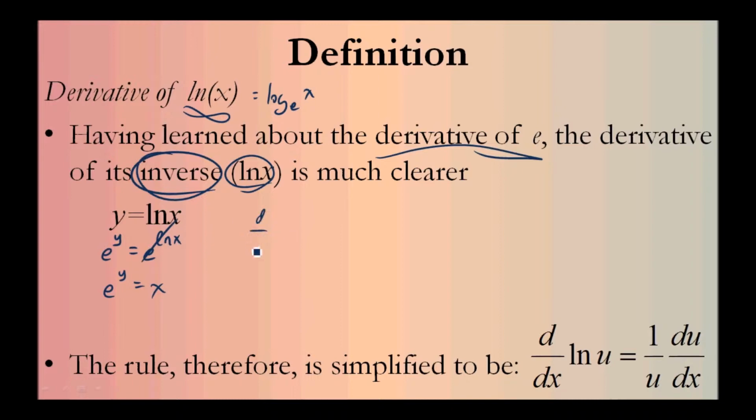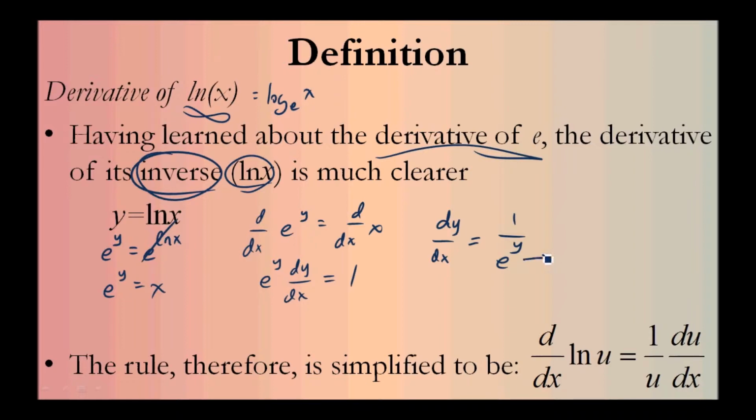Now let's derive. So d dx e to the y equals d dx of x. So e to the y times dy dx is equal to 1. So dy dx is equal to 1 over e to the y. E to the y is x. So dy dx is 1 over x,